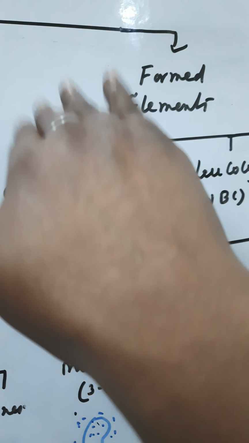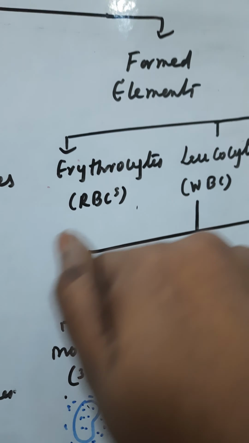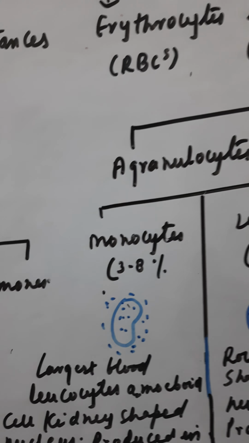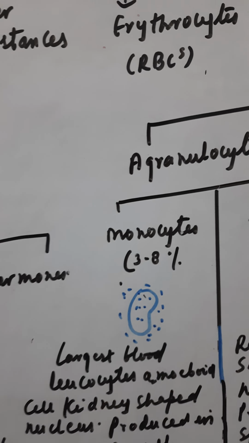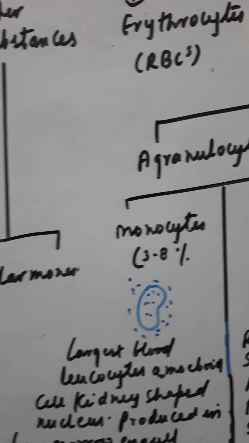Like this, it will creep on by the process of phagocytosis, and it engulfs it. This is called phagocytosis. Now the second one is the lymphocyte. So who does the phagocytosis? Which agranulocyte? Monocyte. Why does it do so? Because in order to engulf the foreign particles and worn out tissue, it moves, it crawls like this and engulfs it. This is called phagocytosis.